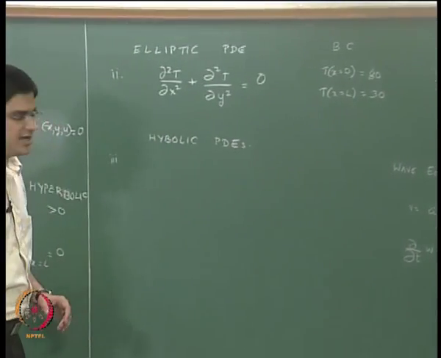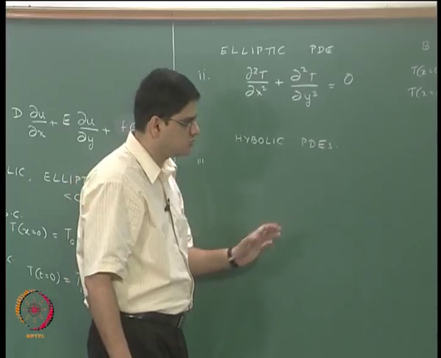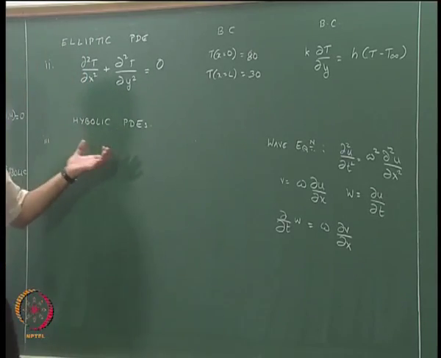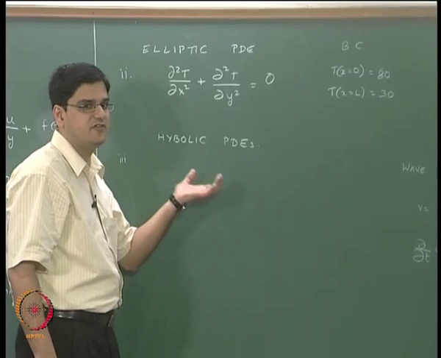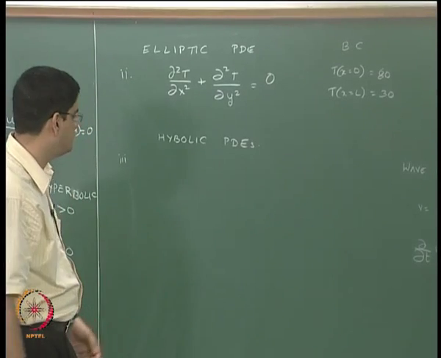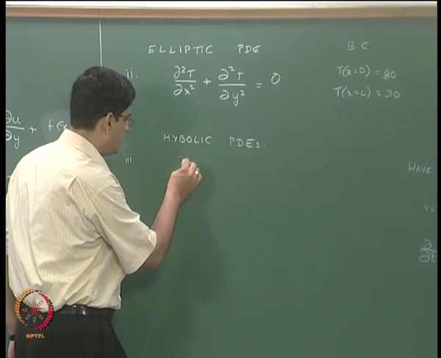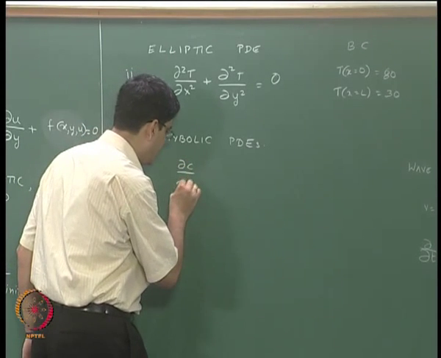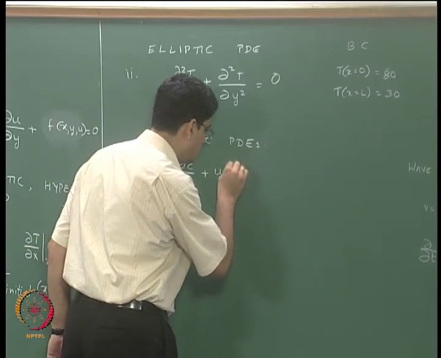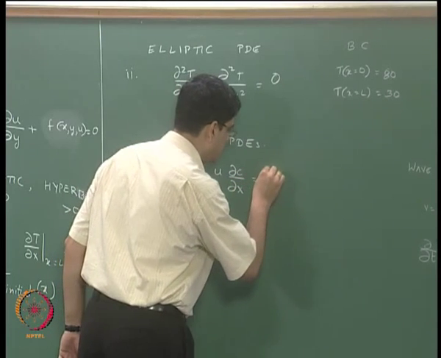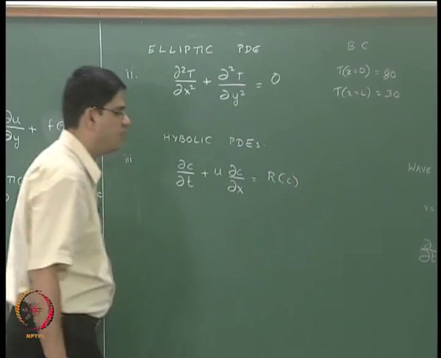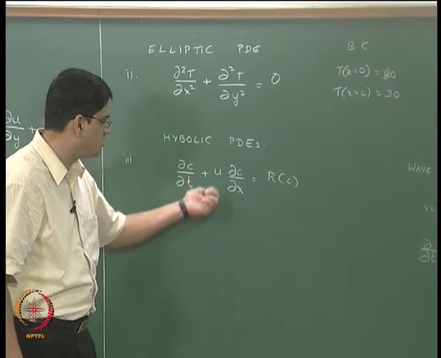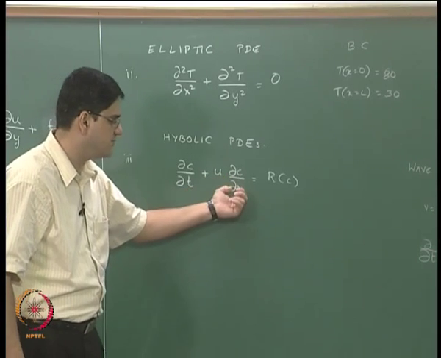Based on this, and again I am not using mathematically correct analogies over here, but approximate analogies just to give you an overview of why we call the equations of the type of transient PFR as hyperbolic equations, although those are first order PDEs. So, the transient PFR equation is going to be of the form dou c by dou t plus u dou c by dou x equal to some rate of reaction which is a function of the concentration C.